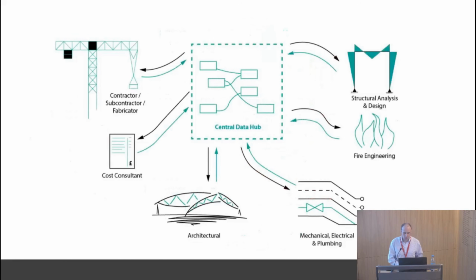So this is the kind of model that we need to move towards, which is more about having this centralized data hub. So again, there was discussion on this morning, but something that we've done is to basically store all of those parameters on the left and the right, if you recall the previous slide, in a Grasshopper database. And that then feeds out to the analysis software. It also feeds out into things like fire engineering software, CFD software, MEP where relevant, particularly in terms of the environmental performance, also cost consultancy, also things like constructability.